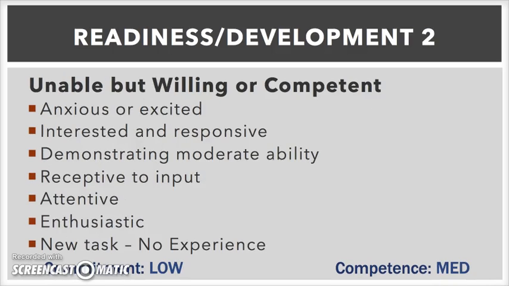Now, this is different from the D2 level, the development 2 level, where they still have low competence, or they're gaining their competence, but they're at least willing, and again they have some competence. So there may be some anxiety here or some excitement. They may seem interested and responsive to specific instructions or tasks. They may be more engaged, starting to demonstrate a moderate amount of ability. They're more receptive to input. They're attentive. They're enthusiastic,